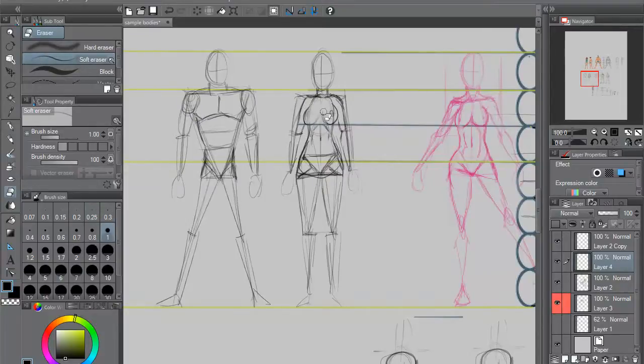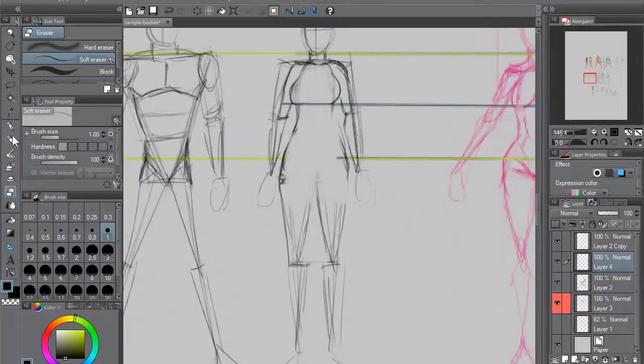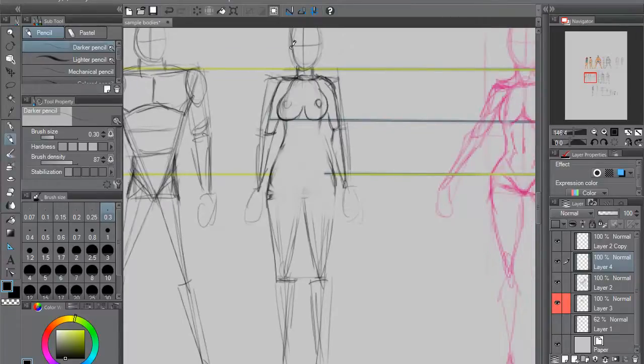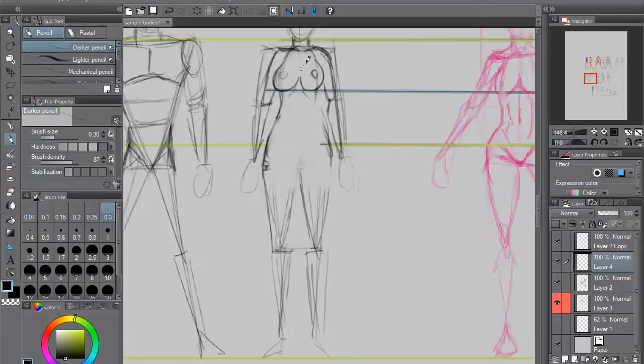Let's go ahead and erase some of this so we can see how this looks when you plug it into a female figure. I keep the nudity to a minimum in my courses. Not that nudity is bad. I mean, it's normal to learn nudity when you're learning art, but